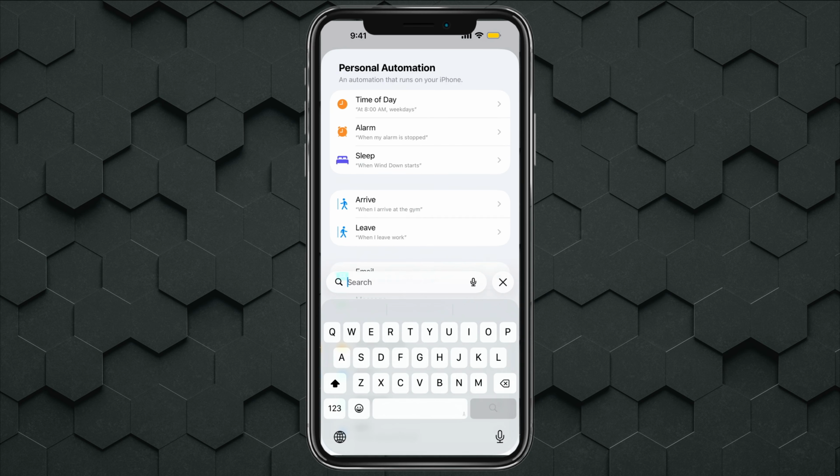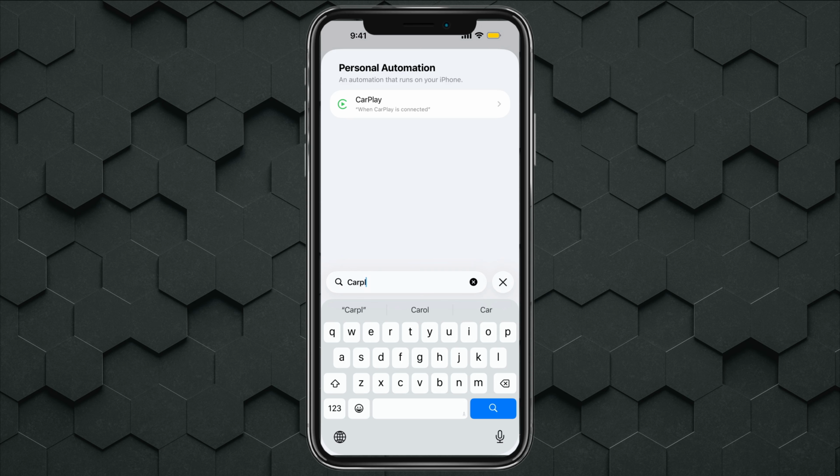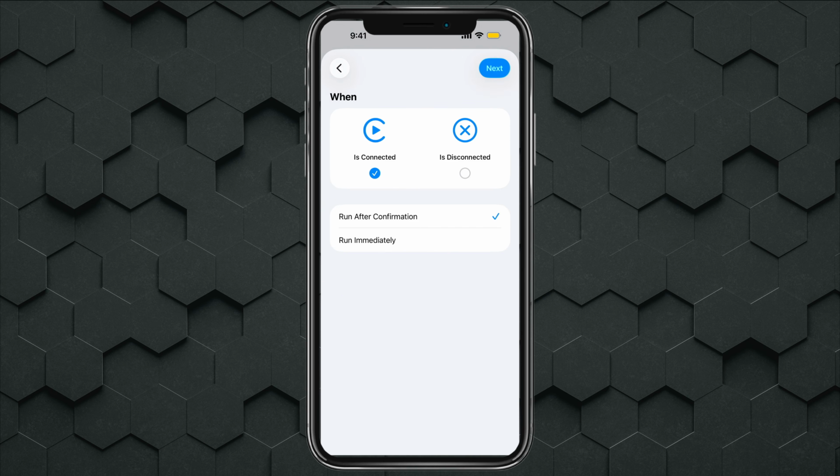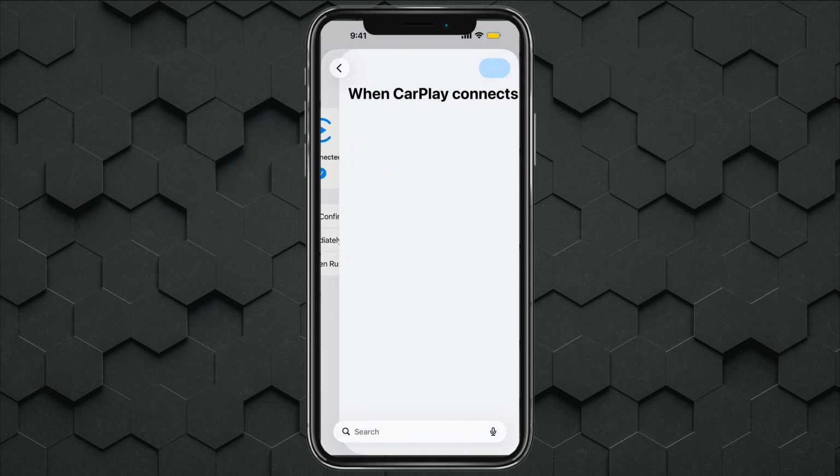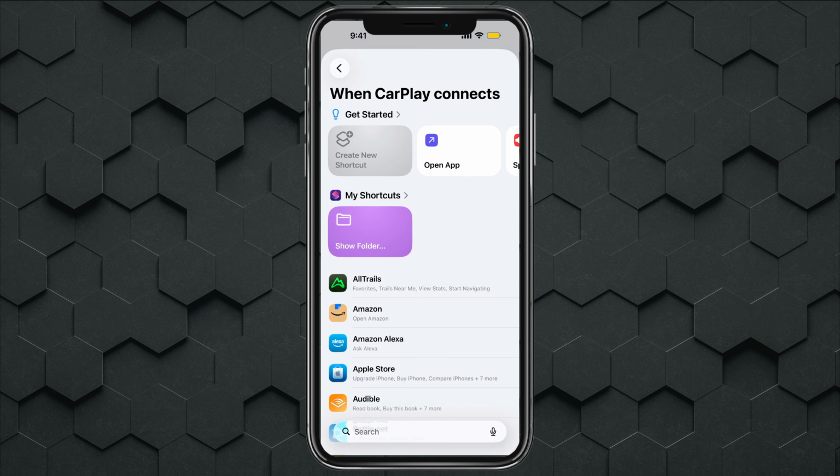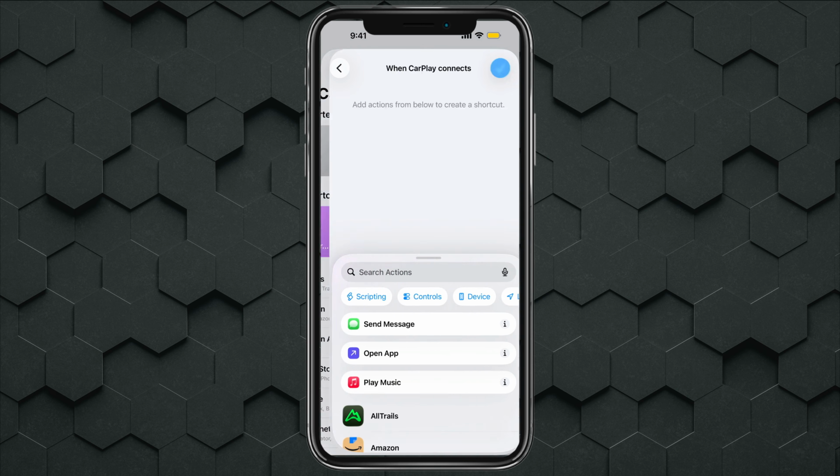Tap into the search bar and type in CarPlay, like so. You should see where it says CarPlay. When CarPlay is connected, tap on that automation setting there. We want to make sure that is connected is checked, and then we want to run immediately. So instead of after confirmation, tap run immediately, and then just tap the next button in the upper right hand corner. Then once you're here, go ahead and tap the create new shortcut button there towards the top,